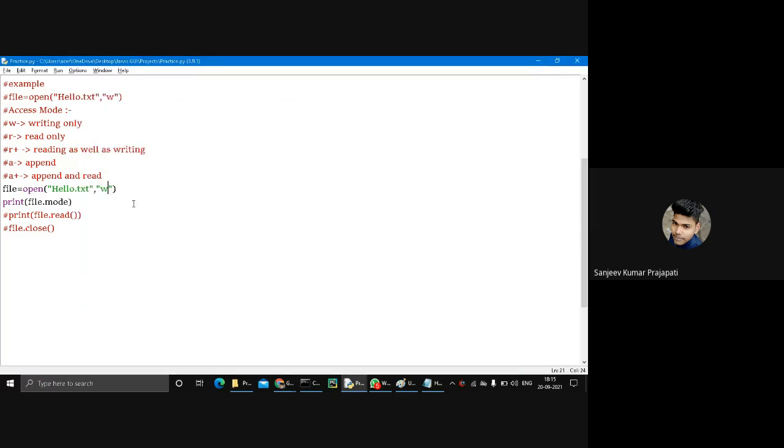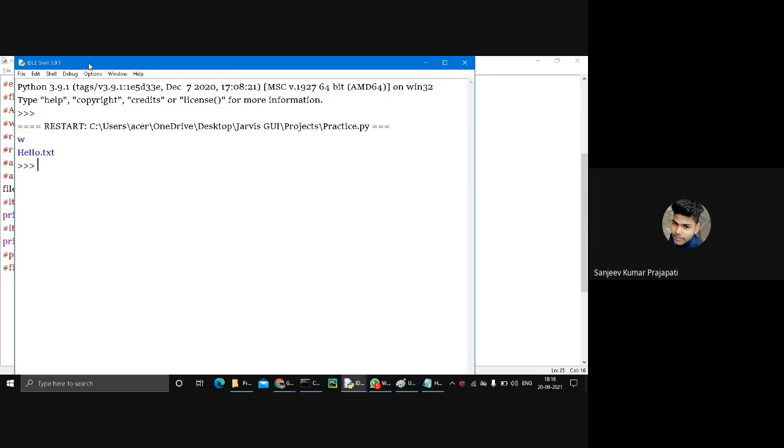Next, how to return the file name: file.name.